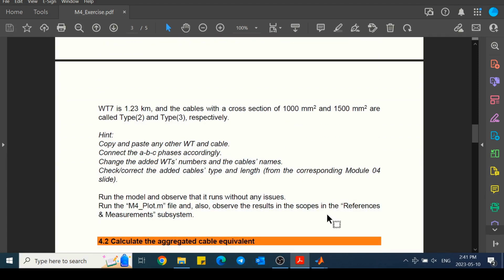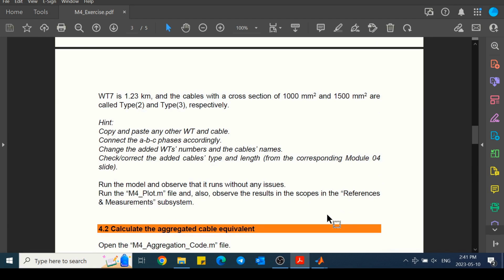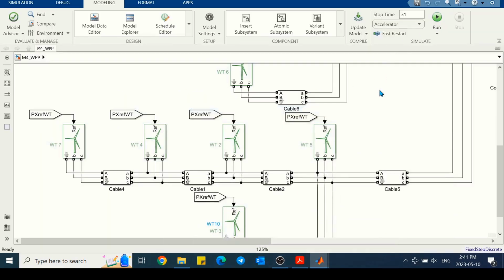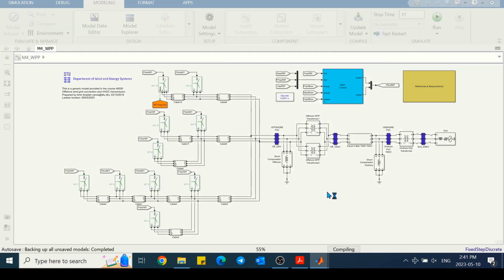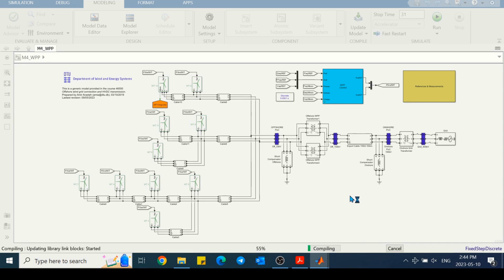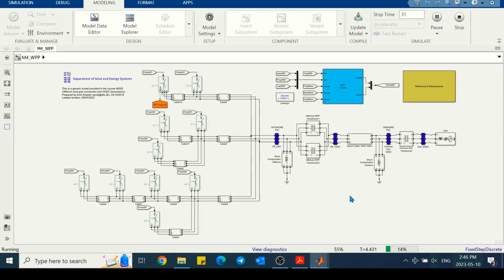So the next step is to run the model, and let's make it 10 times faster to save time in the tutorial. Now if you open active and reactive power of wind turbine 10, we can see the signals. The range of reactive power is less than the previous one because we have multiplied the reference of reactive power by 0.5. In this exercise, we don't need to go to the limit of the wind turbines for the reactive power and even for the active power,